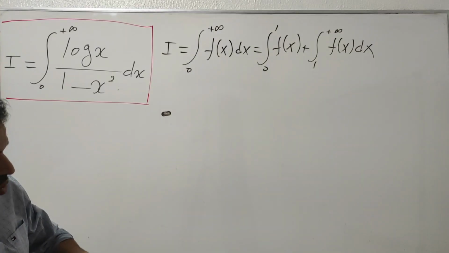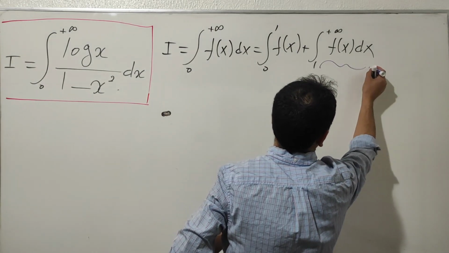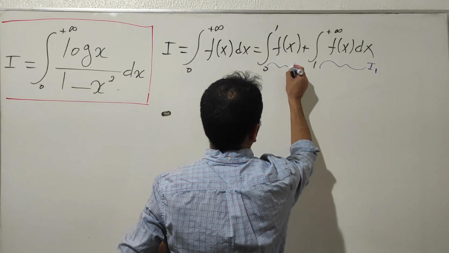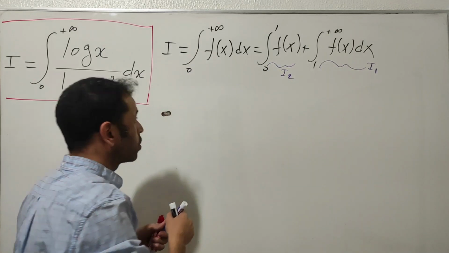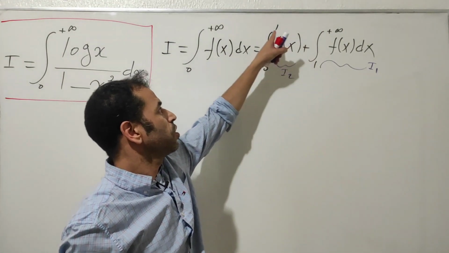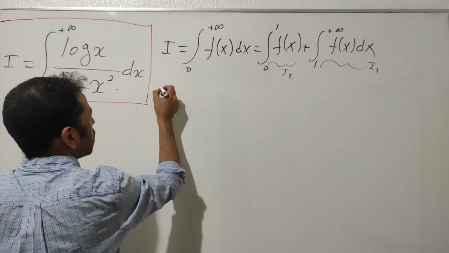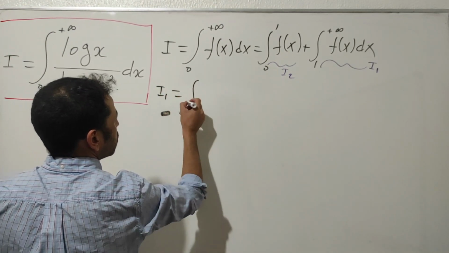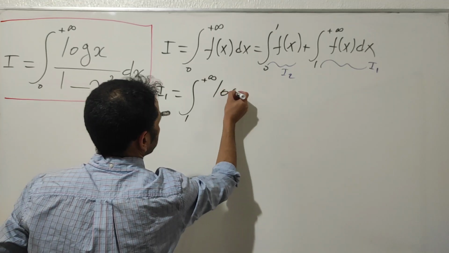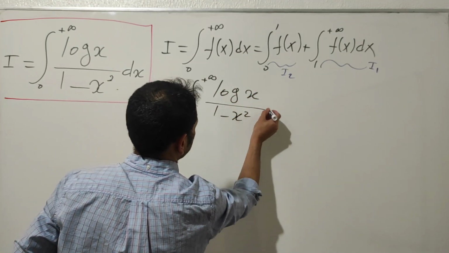So now let's evaluate these integrals. Let's name this one I1 integral, and this one I2 integral. I'm going to transform the bound of the second integral into the same form as I have here. Okay, so I get I2 integral from 1 to plus infinity of logarithm of x over 1 minus x squared